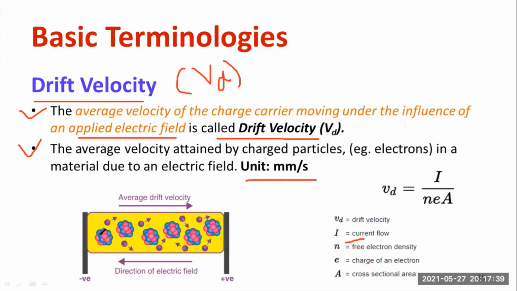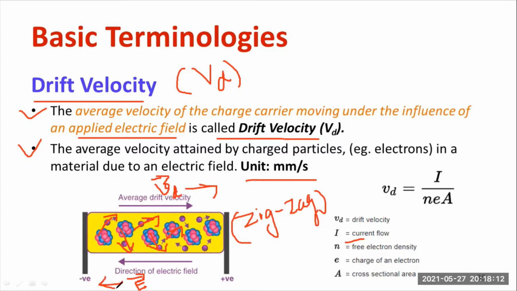You can see there is a zigzag movement whenever you apply an electric field. What is going to happen? The electron will be moving from one point to another in a zigzag motion. I would like to say that the movement is not linear, it's a zigzag, a random movement from one terminal to another. You can see the direction of the electric field, and the drift velocity happens in this manner, Vd.